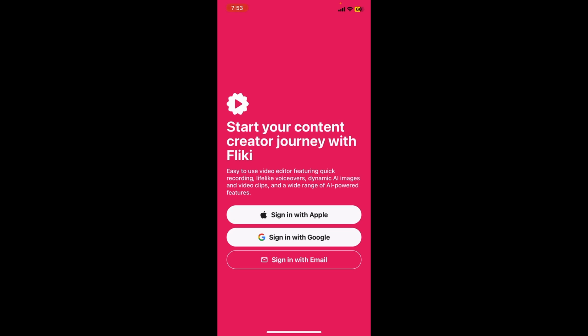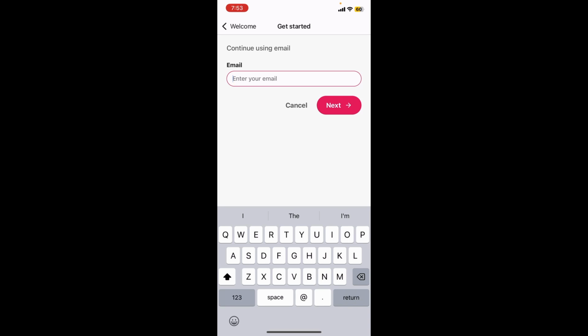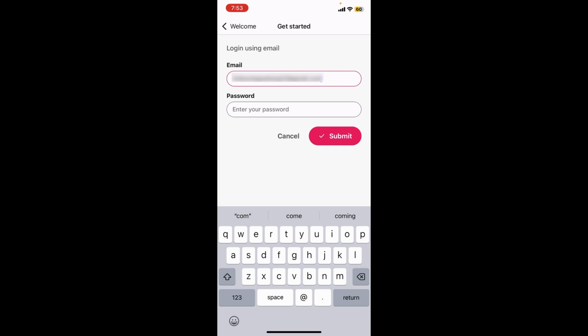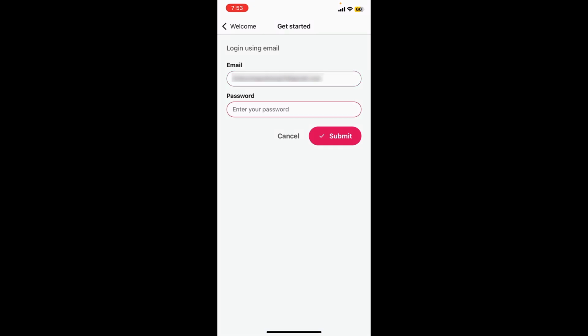You might think that it is the screen for the registration, but Fliki does not have a separate screen for login, so it is the same for both. Now please make sure to choose the option with which you had created the account. Once selected, enter your valid or registered email address. After that, tap on the next option and please make sure to enter your valid password, then tap on the